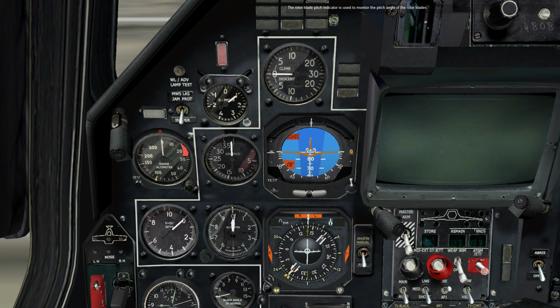The rotor blade pitch indicator is used to monitor the pitch angle of the rotor blades. The barometric altimeter indicates the aircraft's current altitude above sea level, ASL. The altimeter dial has two hands. One full rotation of the long hand represents 1,000 meters, and a full rotation of the shorter hand represents 10,000